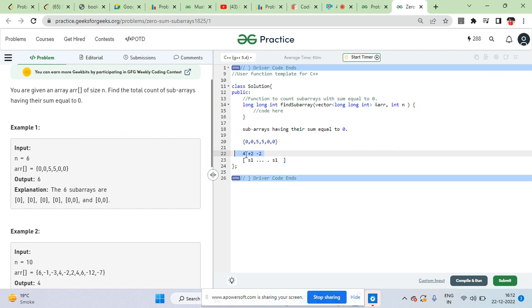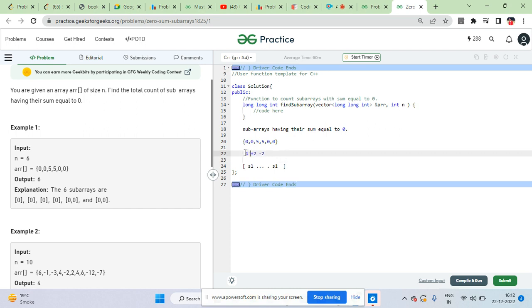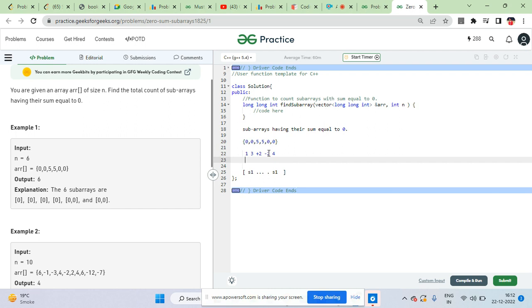What will be the value of the sum over here? The sum at this point is 4, and if you do plus 2 in this, let's say the array looks something like this. The first element was 1, the second element was 3, and so on. So what is the sum now? This is the running sum. Up till this point the sum is just 1, and then 4, and then plus 2 is equal to 6. And then minus 2 means it again becomes 4. So when a particular sum value is repeated, it means that between these the sum is